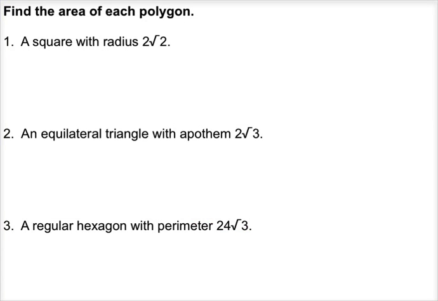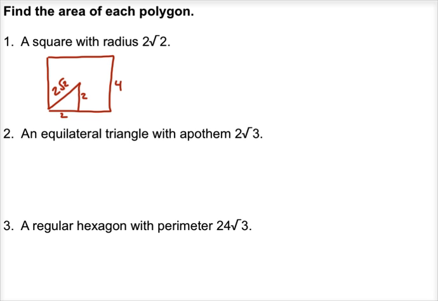A square with a radius of 2 square roots of 2. So the first thing I'd like to do is draw myself a picture. I know that if the radius is 2 square roots of 2, I can find the apothem. I know this is a 45, 45, 90 triangle. So if I go from this radius to the apothem, I would just divide by the square root of 2, which would give me 2, which means this side down here is 2, which means that an entire side is